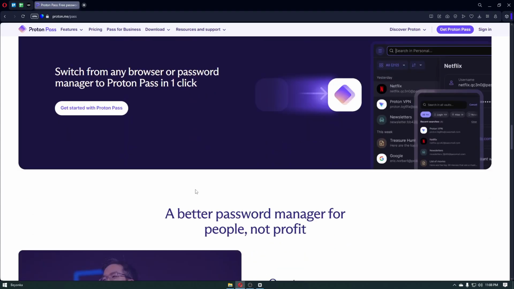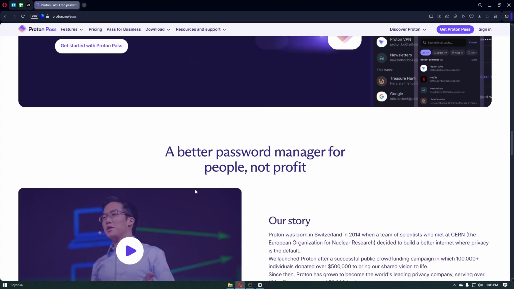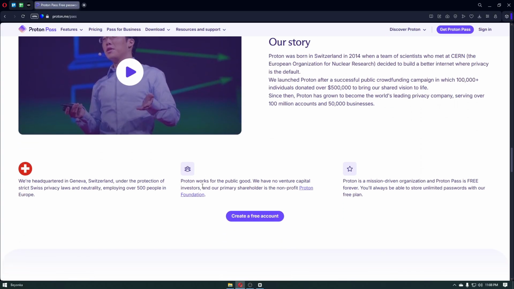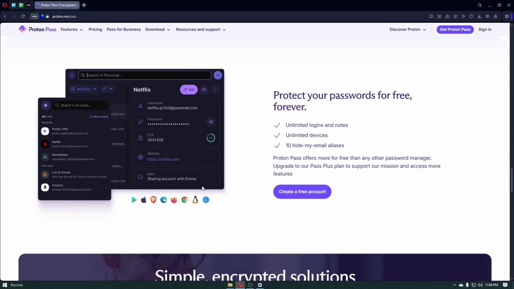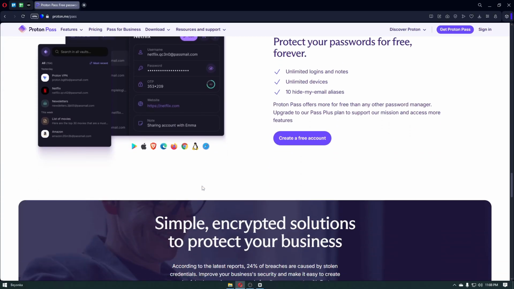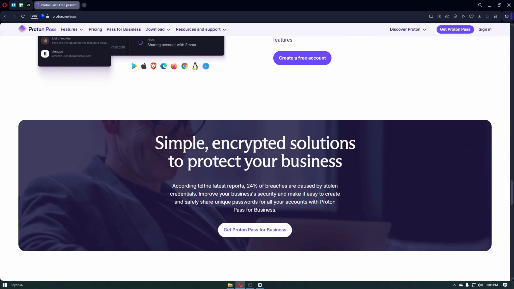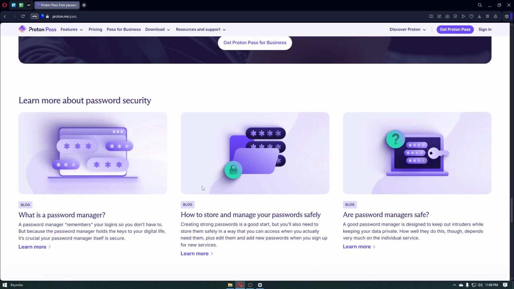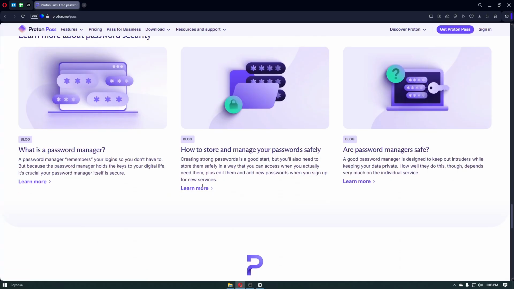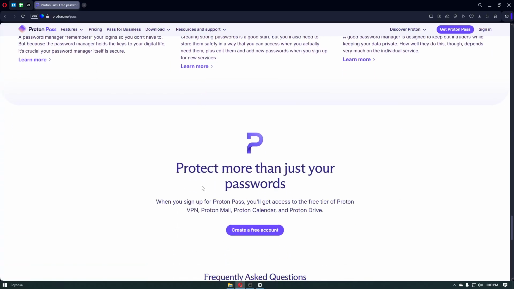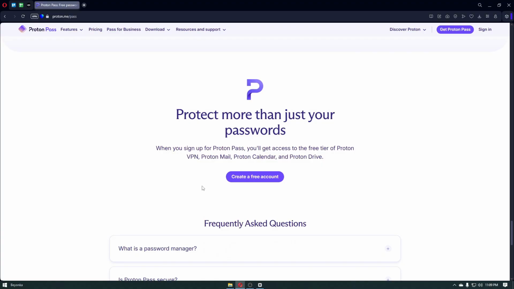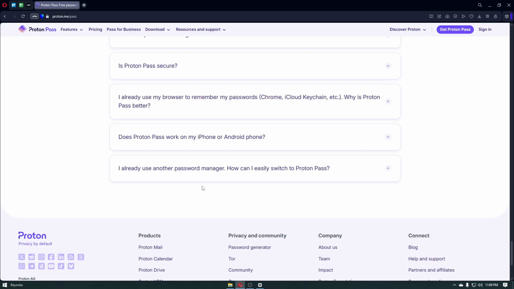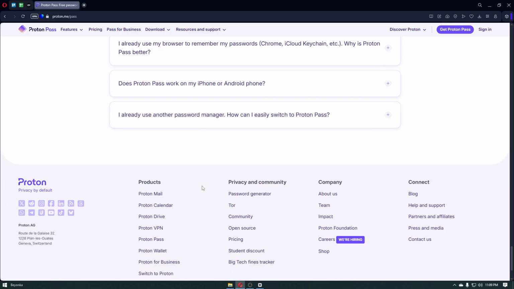Now, the first thing that we want to talk about is what exactly Proton Pass is. Proton Pass is an end-to-end encrypted password manager designed with privacy and security in mind. It was built by the same team behind Proton Mail, which is well known for secure encrypted emails. Proton Pass offers features like a secure vault, 2FA support, password sharing, and aliases to mask your identity when signing up on a website. It works on web, Android, iOS, and as a browser extension for Chrome, Firefox, Edge, and